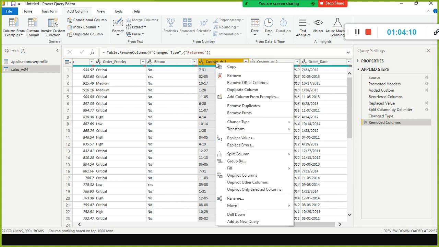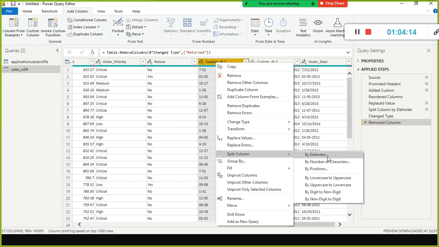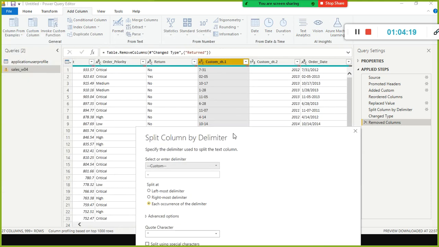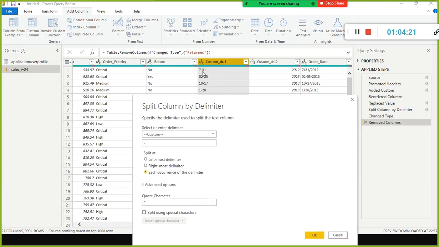Watch carefully. I repeat the same with this one. Now split. If I say split by delimiter, I'm going to say by delimiter. So what is the delimiter here, Lavanya? Hyphen, right? Look here, custom is hyphen. Use this delimiter, and after this delimiter, whatever the value is there, you put it in a separate column. Simply, look here. Rightmost delimiter. On the right side of the delimiter, what value is there? 31. You put it in a separate column.